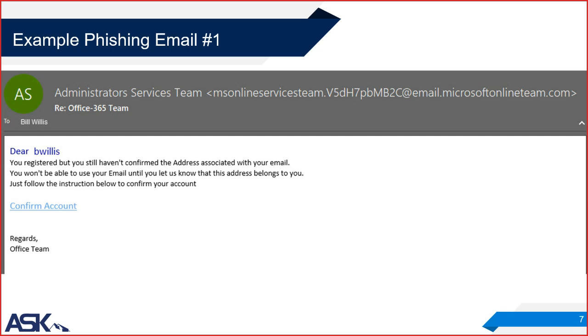Right. And we've seen some really clever tricks with those types of emails, almost exact replicas. This is a good example here. It's not a lot of content in there. They've sent it to a specific individual. That part at first glance looks like it might be okay. They need you to confirm your account, and if you hop ahead one more here,